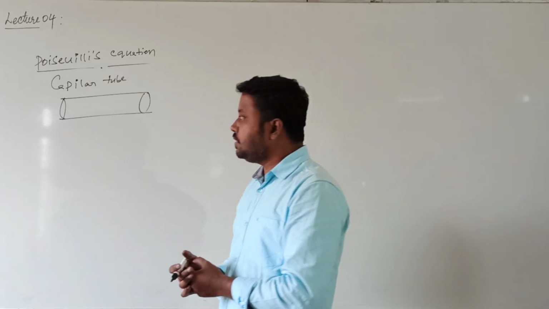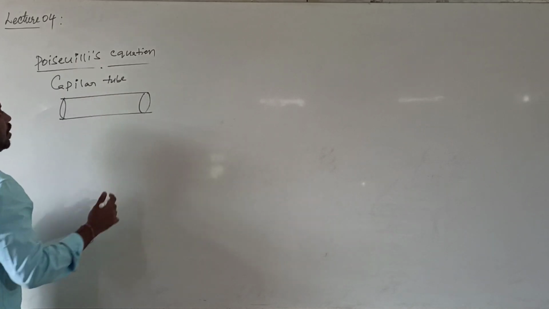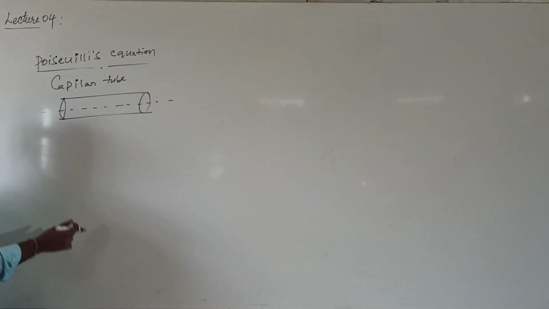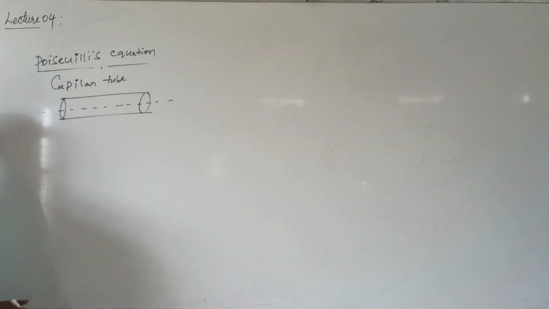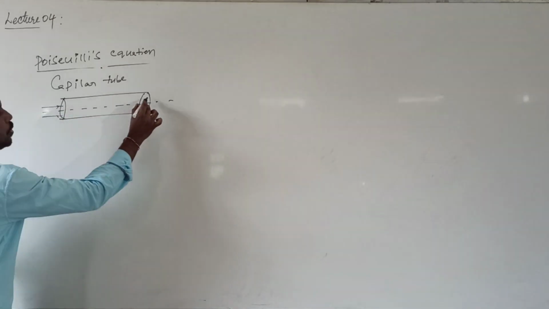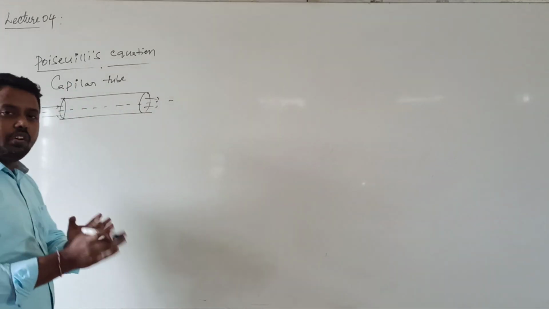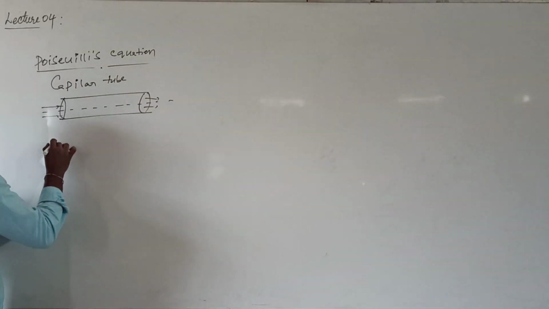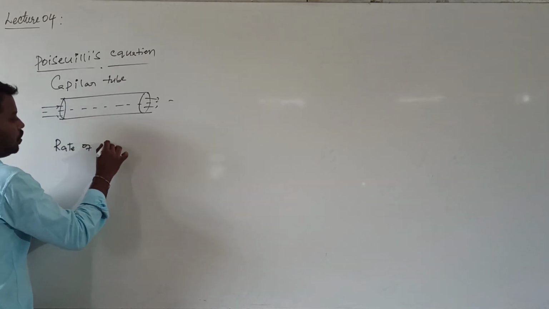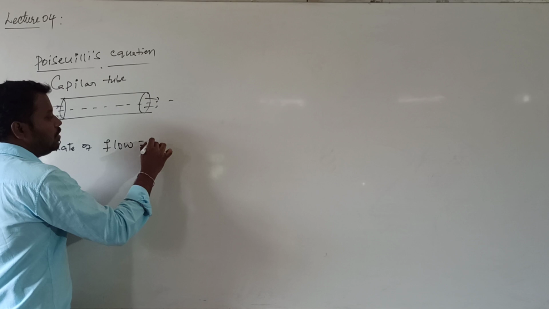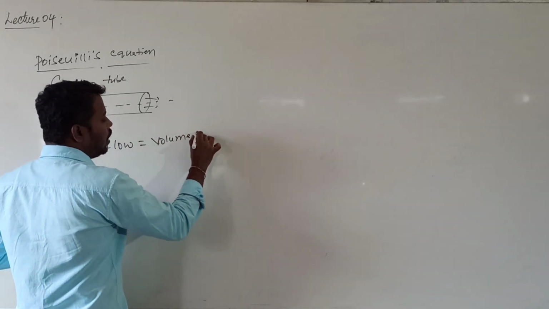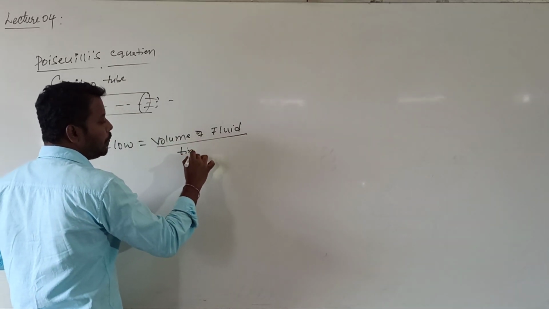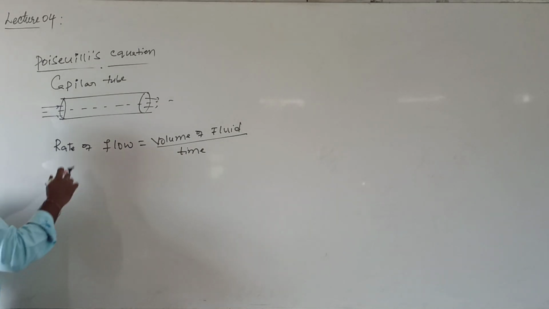So let me consider one. Fluid is flowing across a tube of cylindrical cross section. Horizontal tube, remember. Whenever the fluid is entering the tube and leaving, the volume of the fluid flowing per second is also called the rate of flow. So what is rate of flow? It is the measure of the volume of the fluid flowing per second, volume divided by time. So this is called the rate of flow.